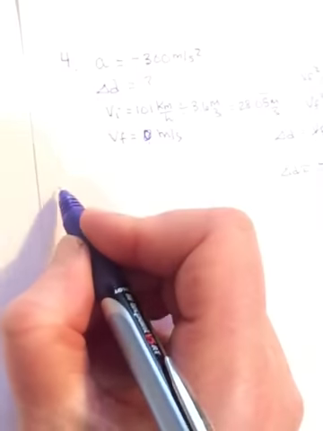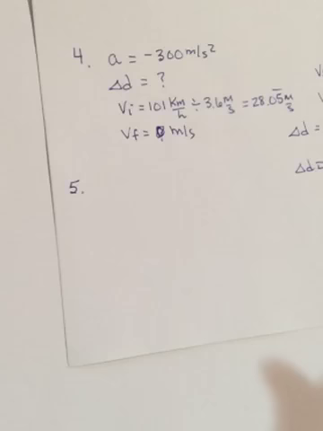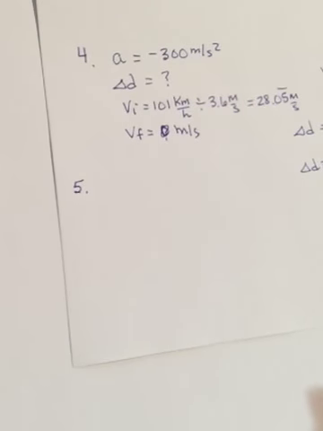Number 5, I think I might have enough room for number 5 down here. Oops. Number 5 says, engineers are developing new types of guns that might someday be used to launch satellites as if they were bullets. One such gun can give a small object a velocity of 3,500 meters